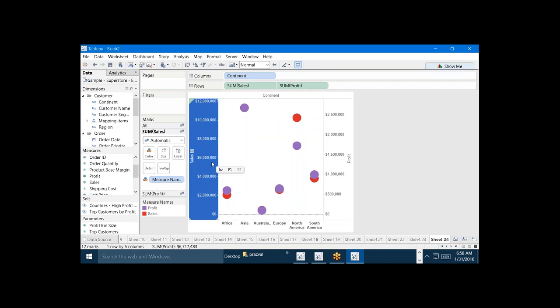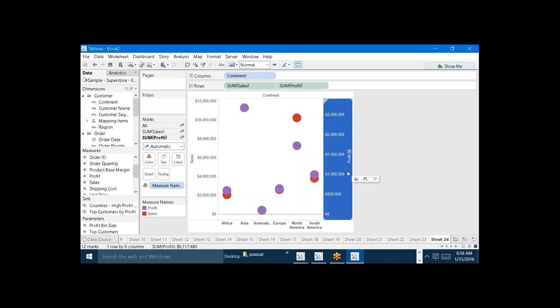But if you see the scale here, I'm having the scale of 2 million for the sales, so every time 2 million is incrementing on the axis. And on the profit, the scale is 5 lakhs. So if you want to maintain the same scale on both the ends,